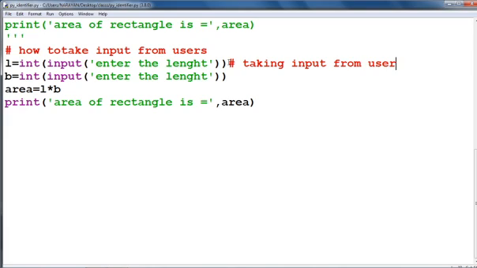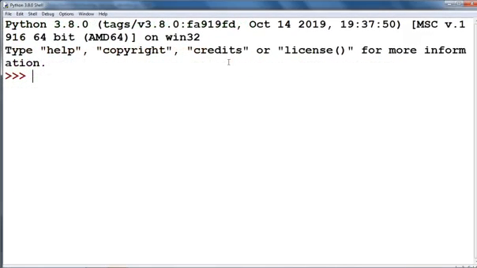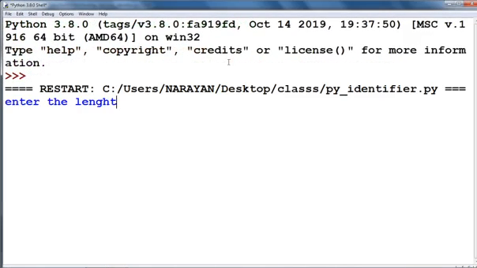Now after saving this program, run the program and see. Here the first message is enter the length. Now suppose that we are going to enter 20.